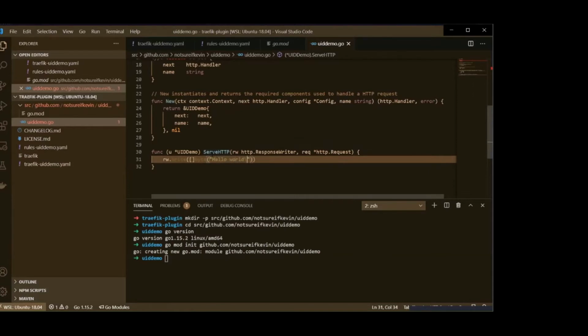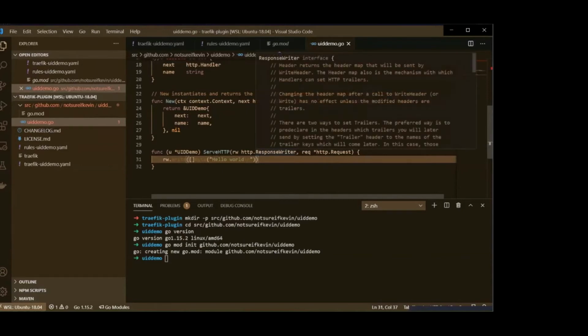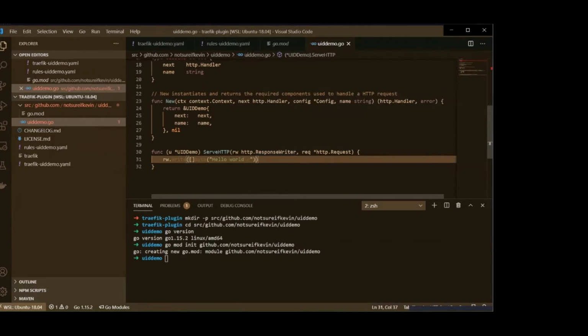Now, this isn't really practical. I don't think anybody would realistically ever do something like this, but it does demonstrate how the response writer functions, in that you're able to manipulate and modify the response from the downstream service if you so wanted to. There are some examples in the plugin repository which do this, such as a simple regex find and replace, which is a pretty good example of something you may want to do. You could theoretically compile a template here if you wanted to. I'm not sure it would be